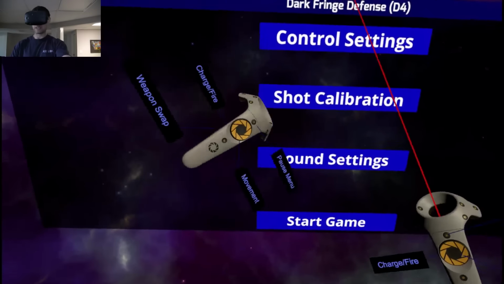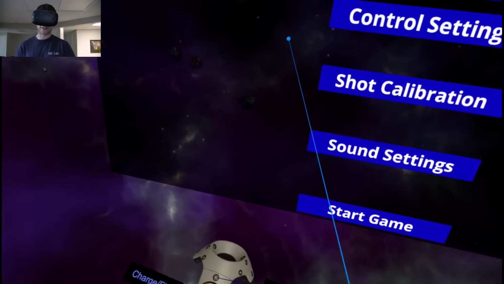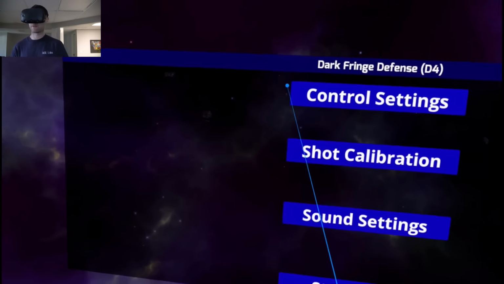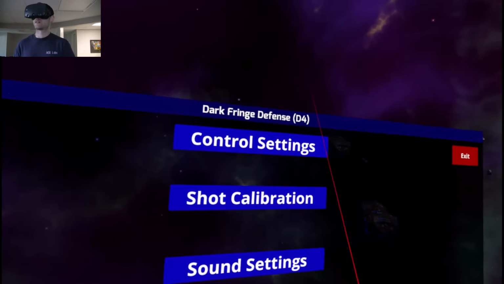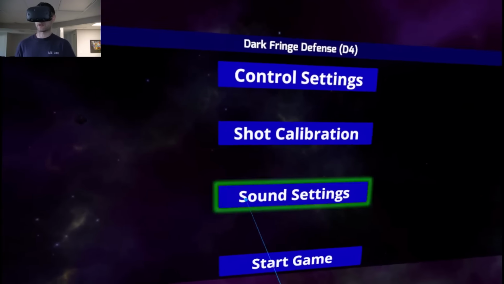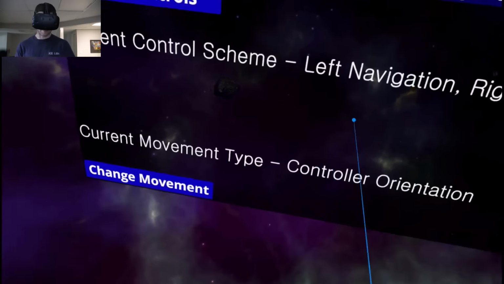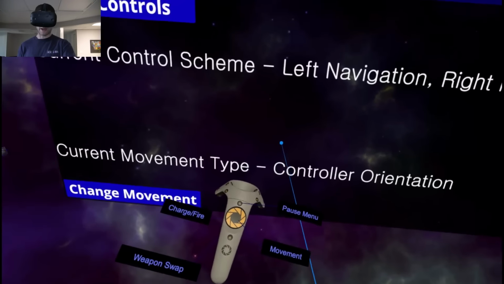But, as you can see, the controllers now have some tooltips. This is provided by VRTK, which is an excellent Unity toolkit for SteamVR. However, there's a lot of stuff that I had to modify in here, but that's neither here nor there. Let's go into the new stuff right here. So the shot calibration, sound settings, all the same. Let's go into control settings. This is brand new. So if you see, you have 2 basic options right now,